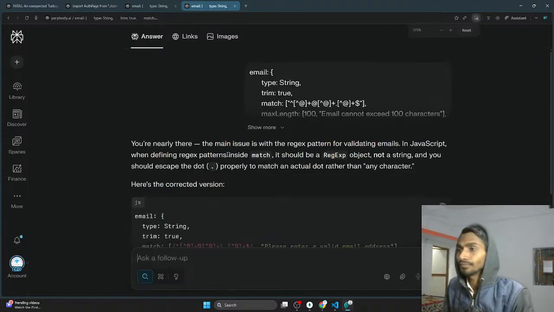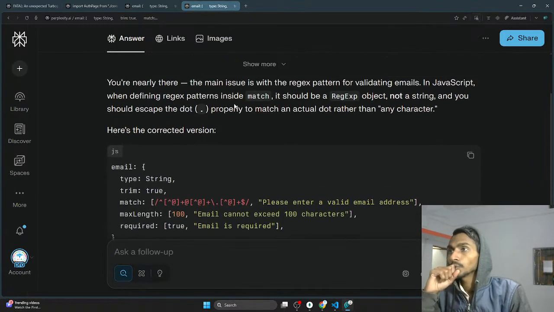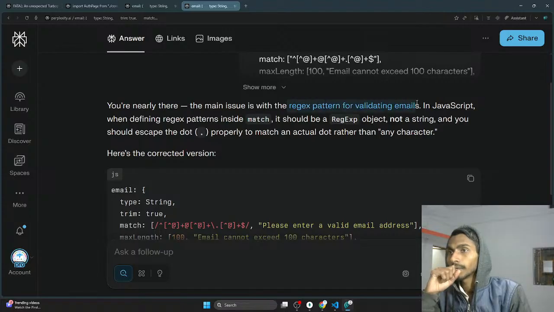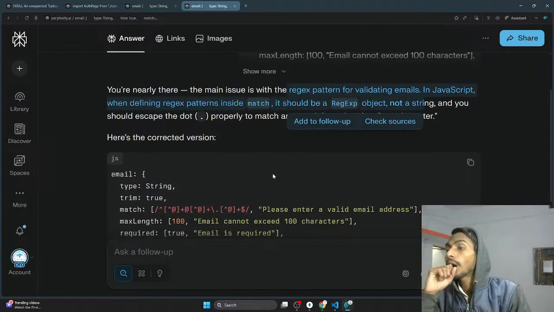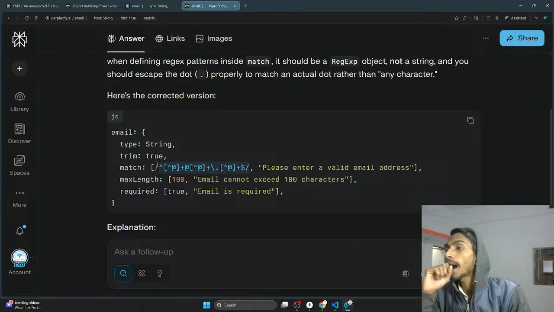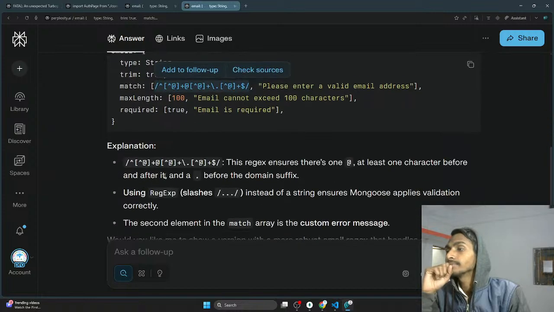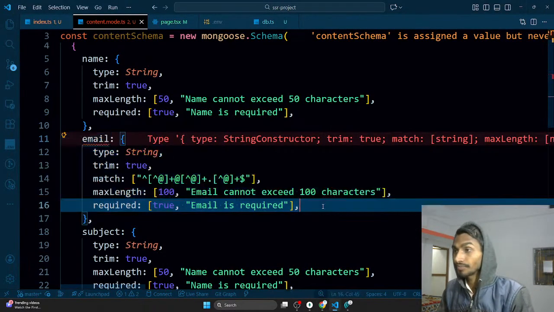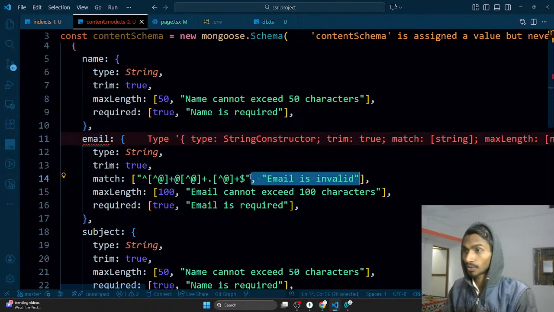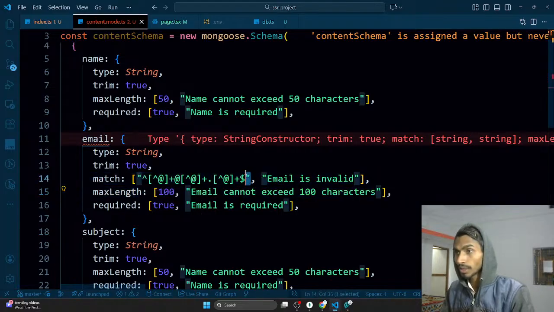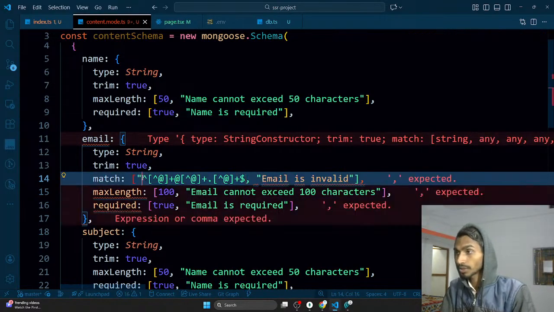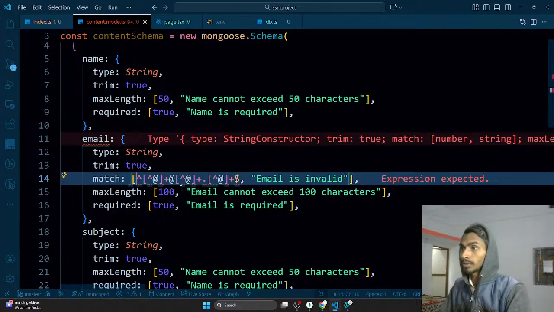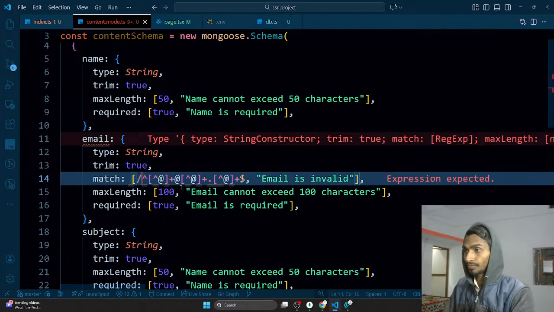You are nearly there. The main issue is with the regex pattern for validating emails in JavaScript. When defining regex patterns inside match, it should be a regex object, not a string. Sorry, my bad. What was the mistake even? Control Z. It should not be a string, but rather it should be just an object. And maybe some